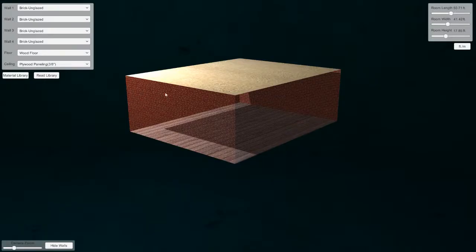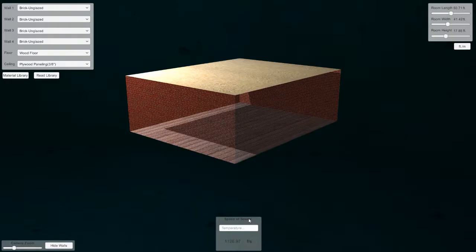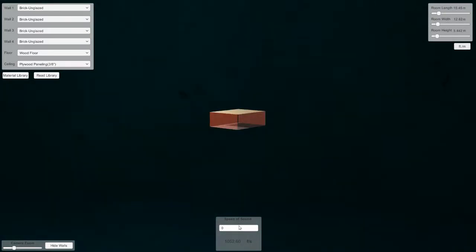Exit that. And then let's pull up speed of sound, just to let you know. You can set the temperature in this facility, whatever it may be, which will affect the speed of sound. You can type that in. So let's say it's pretty cold. Let's say it's 0 degrees. So if it's 0 degrees and this is feet per second, if I change it to meters,